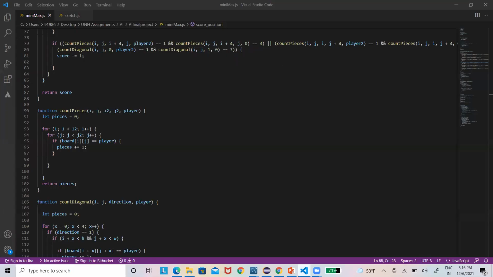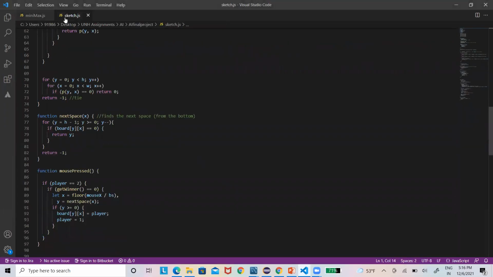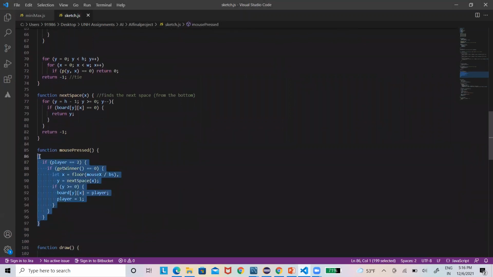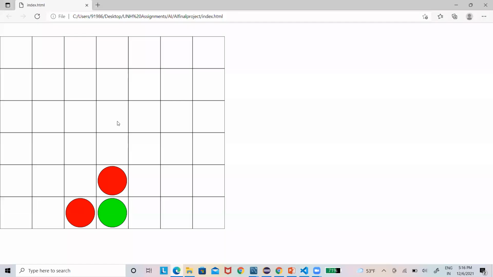Here we can see the sketch code. The mouse pressed function will allow the coin to drop in a location where there is an empty space. Next, if you click here, the coin will be dropped here, and immediately the AI chose this grid.